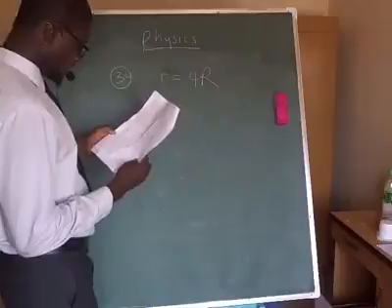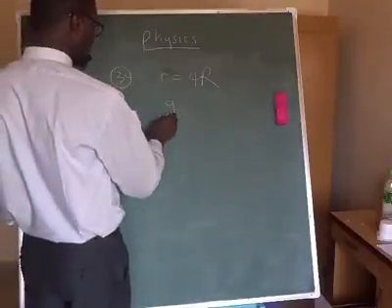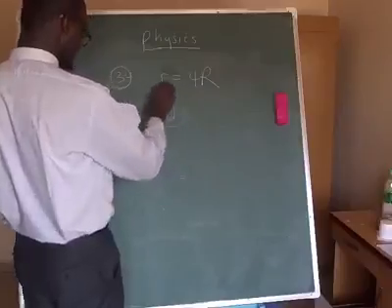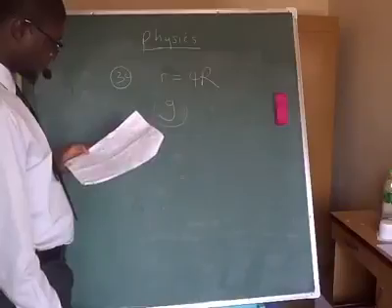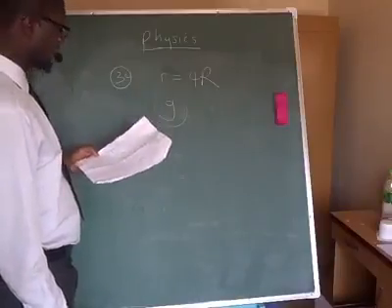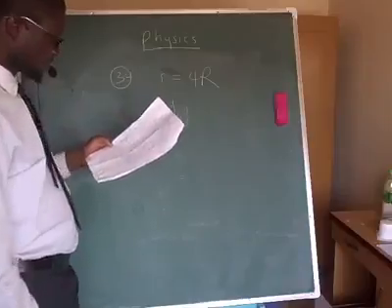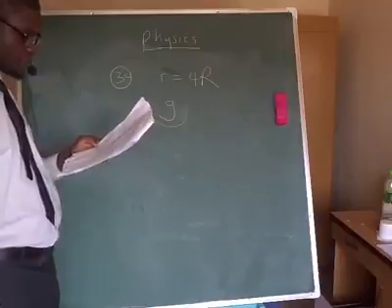They say the acceleration of the satellite in terms of g is what? The satellite moves in a circular orbit of radius 4R around the Earth. The acceleration of the satellite in terms of small g, that is acceleration due to gravity, is,